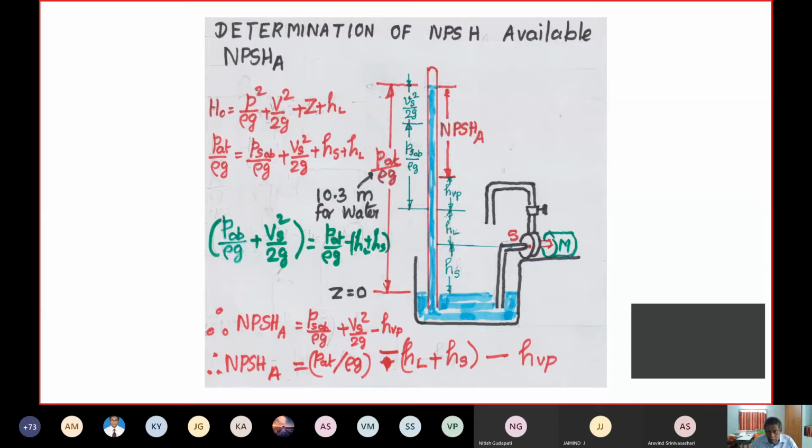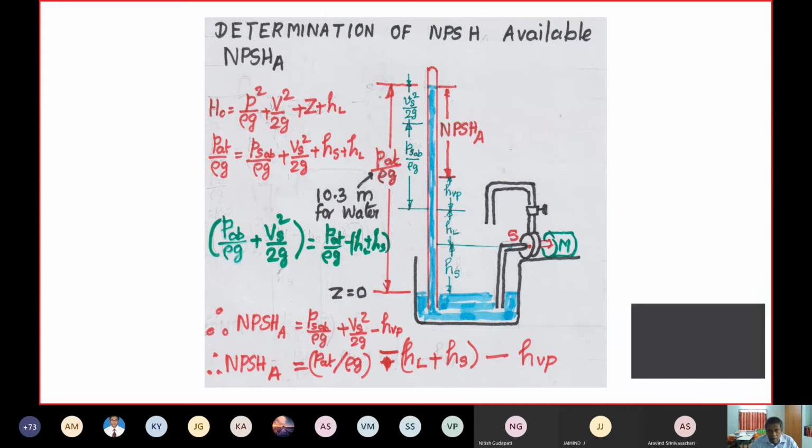Now, I've shown a barometer, a water barometer. In a water barometer, the liquid may go up to a height of 10.3 meters of water column. See, atmospheric pressure head, a long one, 10 meters means more than 30 feet. So that is given by atmospheric pressure by rho g. Now this is the absolute head.